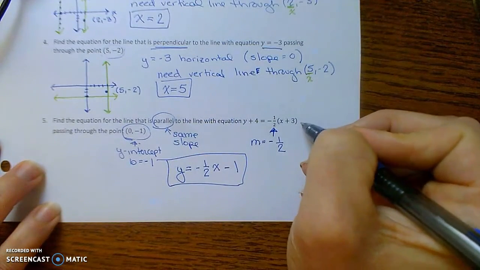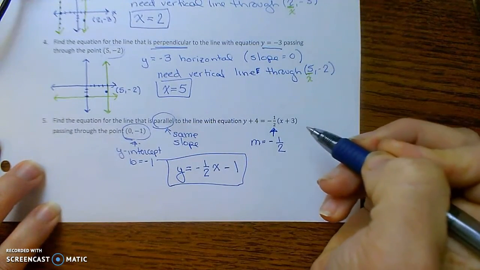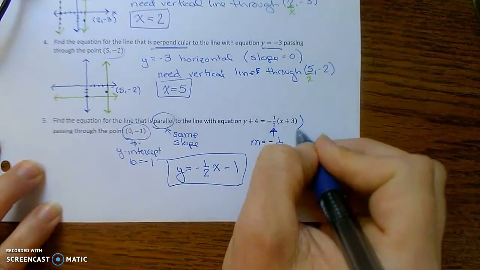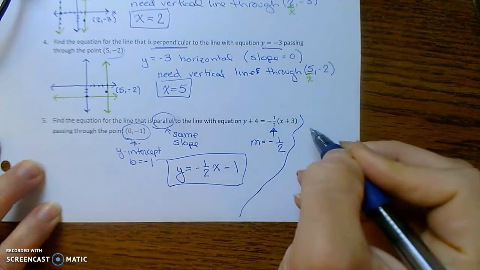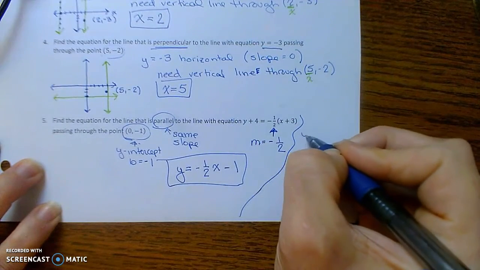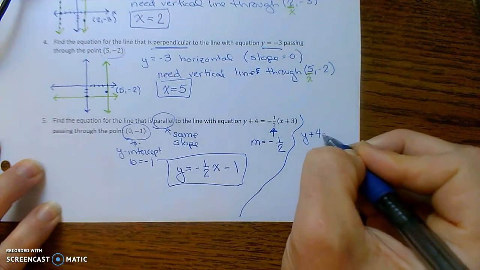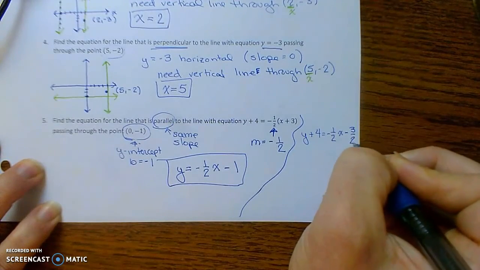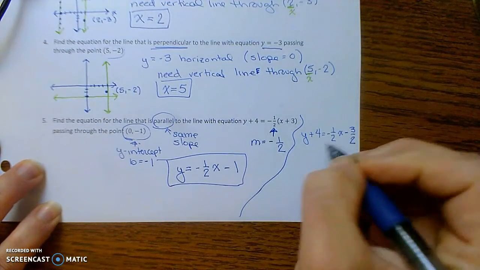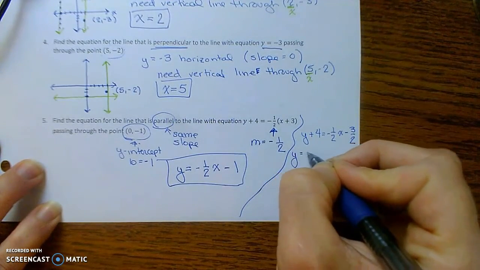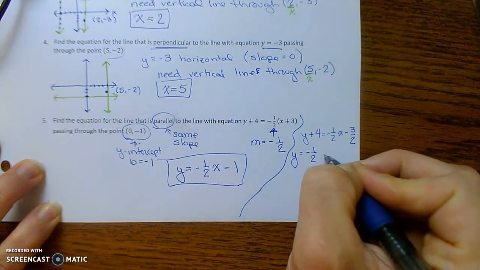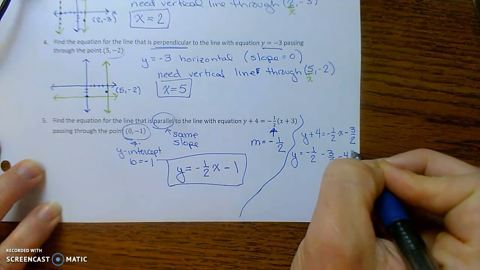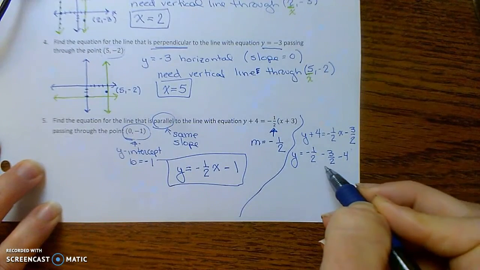There's a different way you could do this. If you're not feeling confident about recognizing the slope in this form, you could have alternatively just converted this into the form that you like best. So simplify: y plus 4 equals -1/2 x minus 3/2, and then subtract 4 from both sides. y equals -1/2 x minus 3/2 minus 4,